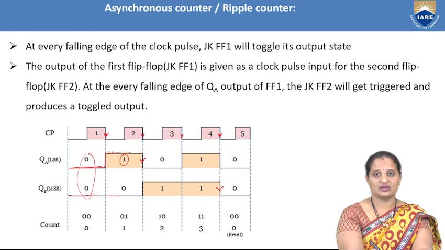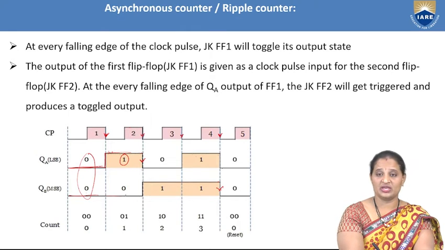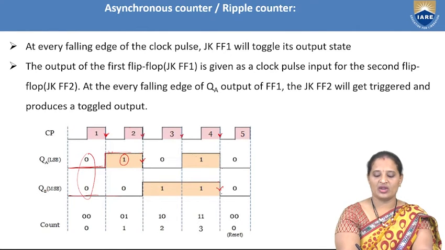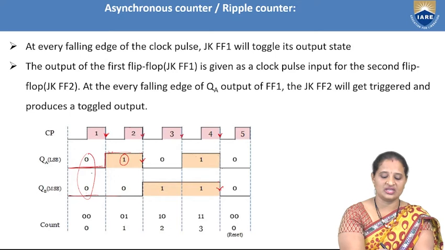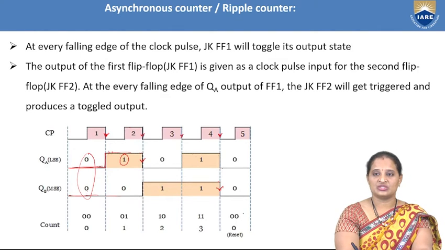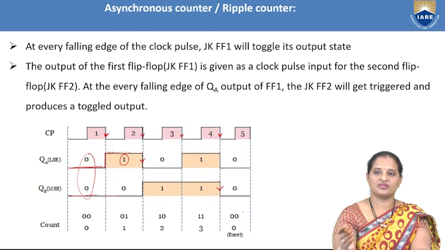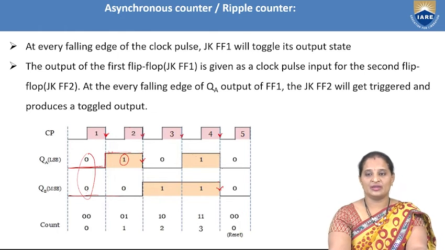Now during the first clock pulse, negative edge of the clock, the count was 0 1, because QB is MSB and QA is LSB. So 0 1, and next it has changed to 1 0 and 1 1. After counting the 4 clock pulses, as I said, it will again go back to its initial state. What was the initial state? 0 0. So again it has entered into 0 0 state. Again the count will start from 0 1 2 3 and so on. This counting will be repeated.